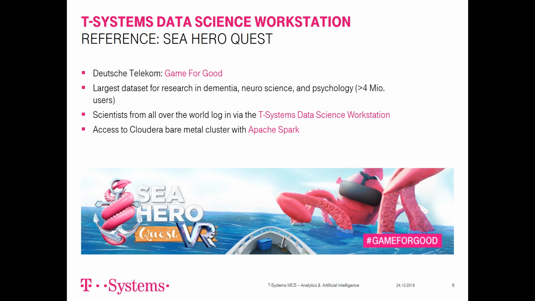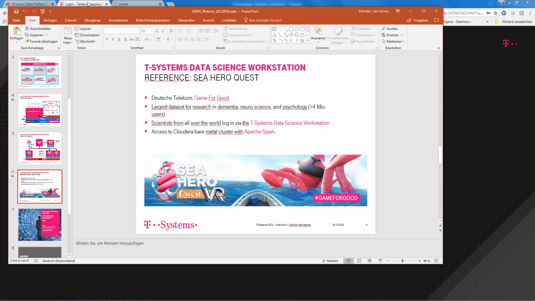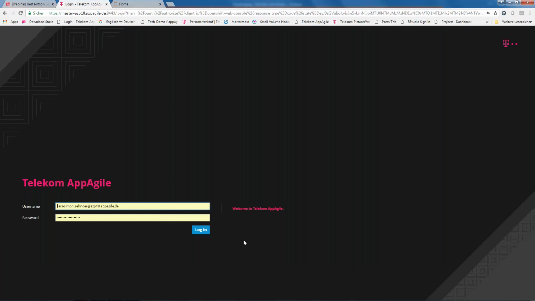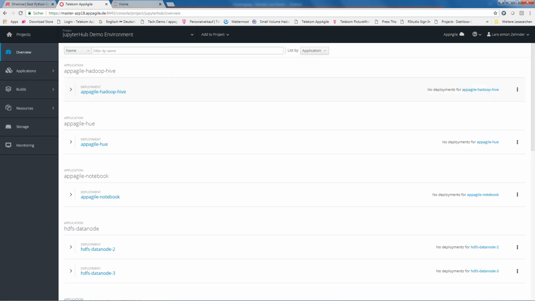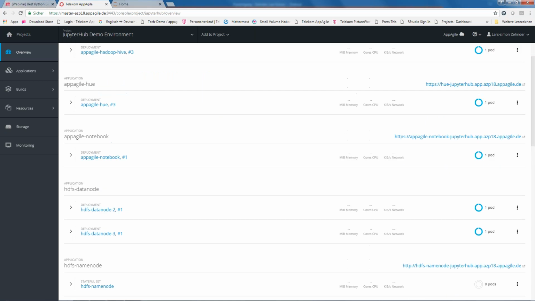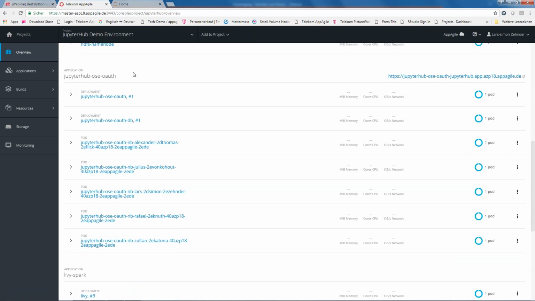And just so that you also get a picture, an image of how it looks like, I would like to show you shortly in 2-3 minutes how this all works. So we have here our browser. We can log in here to the back end. So we log in here to OpenShift, all right? And everything is organized in there in projects. Here I have my project with, for example, the Hadoop environment. And we scroll down and see here, this is actually the Data Science Workstation. And you see there's a pod running, which is this JupyterHub,